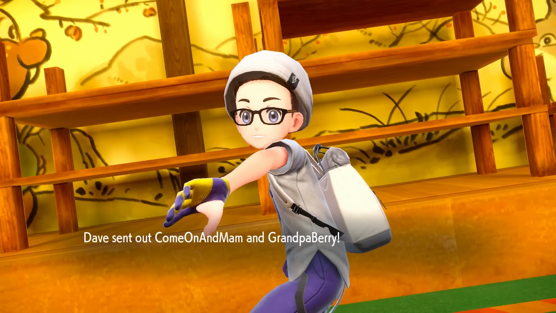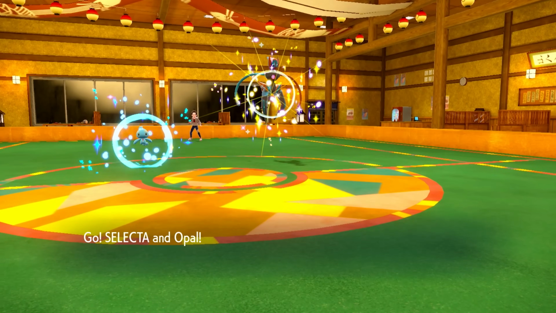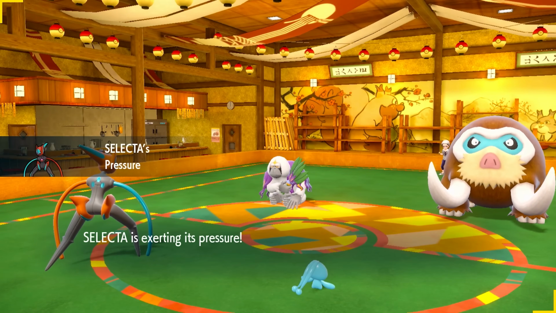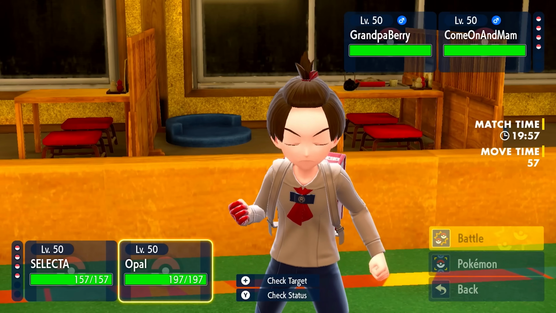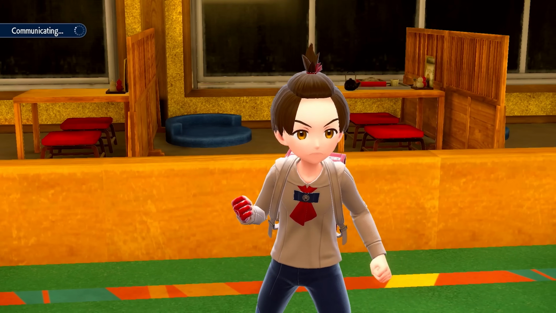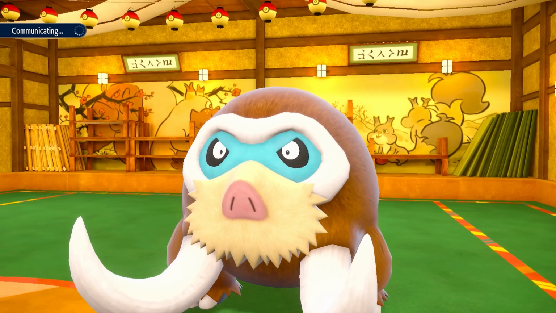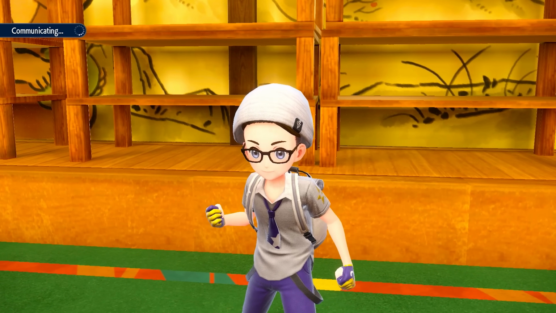Oh, let's see if I can actually do that. All right, Oranguru. Nice. So this is a Reflect. Reflect. And Tail Glow. I can see a Trick Room coming up for sure. Mamoswine, obviously, with Terra Grass is a little bit annoying because it has Thick Fat as well, but it does also have a +3 Manaphy, so regardless of Thick Fat,